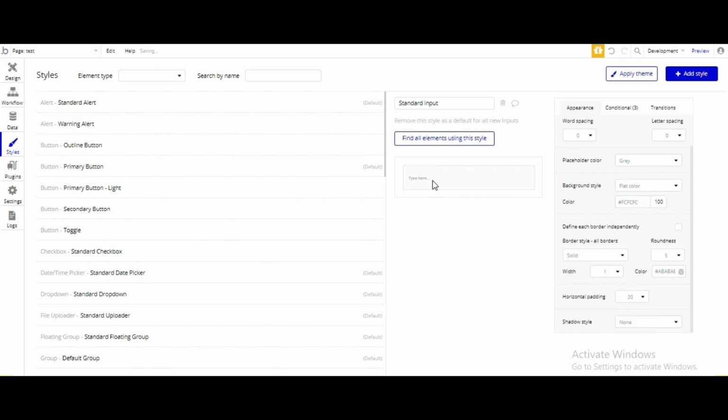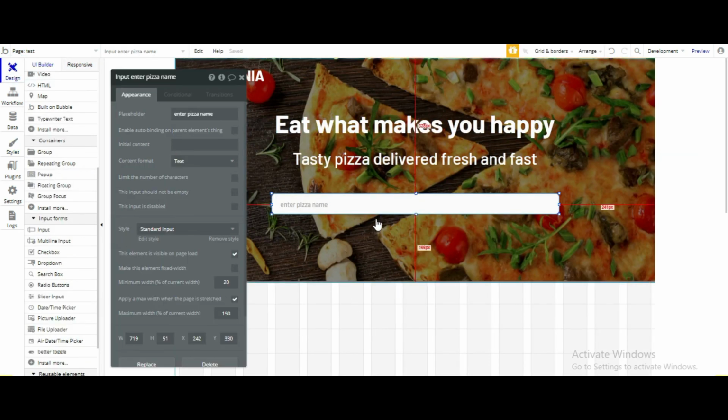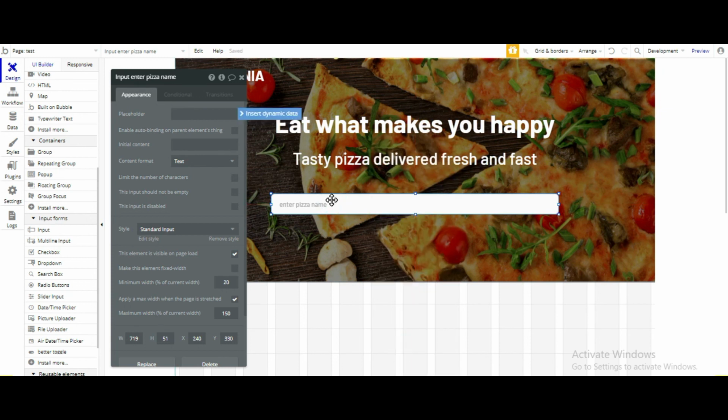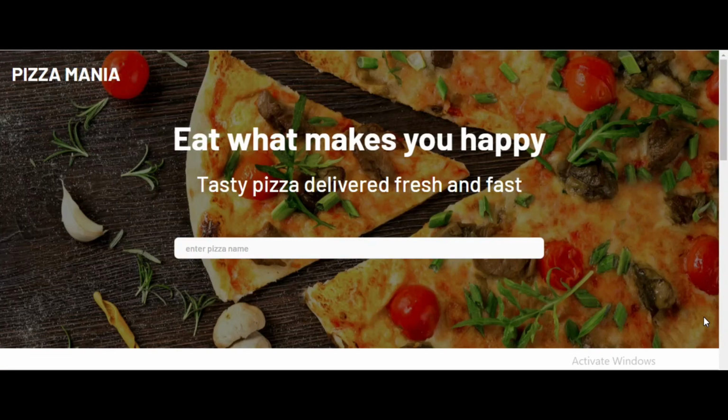See, our text shifted this side. Now let's even increase the roundness. Let's do it 8. Now we don't have to click on any save button. We'll just go back and see that the design automatically updated. Again, we'll center this horizontally so that it is exactly in the middle of our page. Now let's preview and see how it looks. See, it looks good. So now we have the basic understanding or kind of visual for the website.